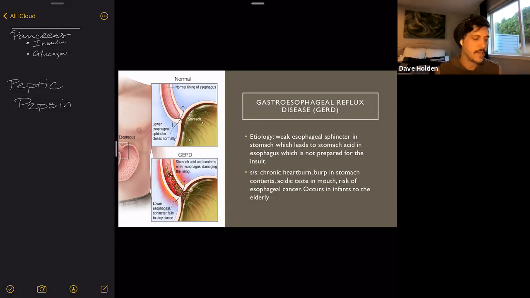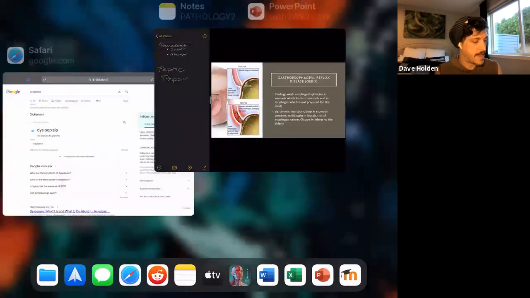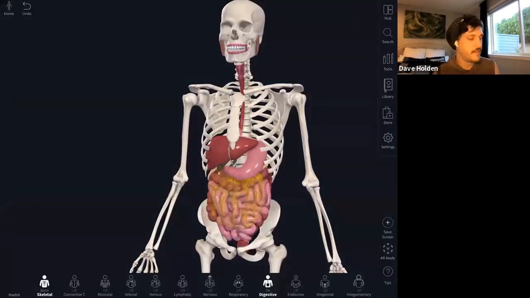Now, usually the cause can be a weak esophageal sphincter. So the sphincter between the esophagus and the stomach, which when I was taught anatomy, now this may have been 150 years ago,